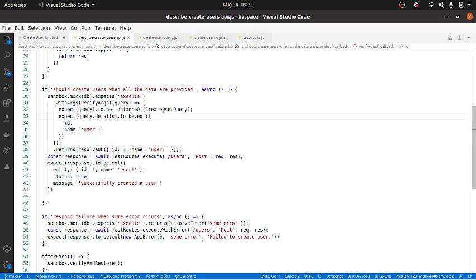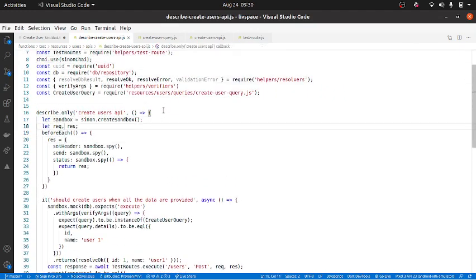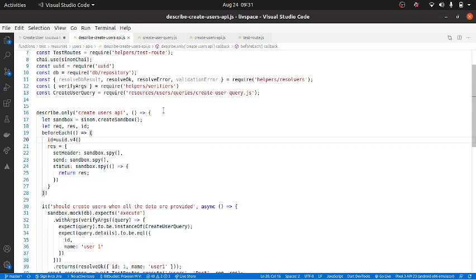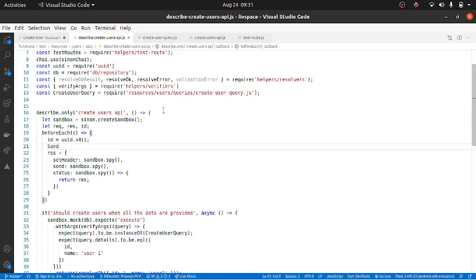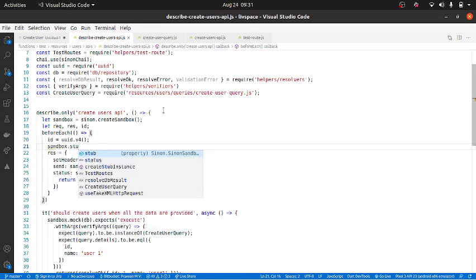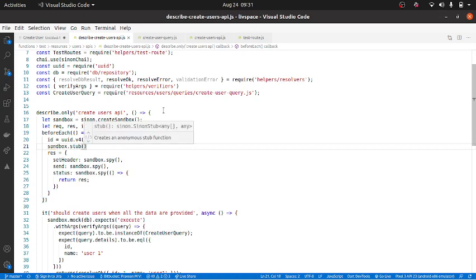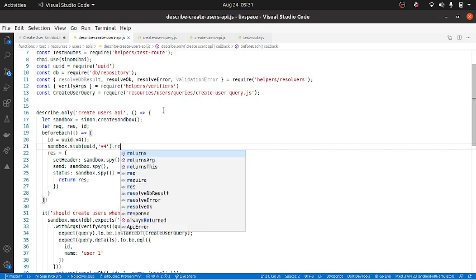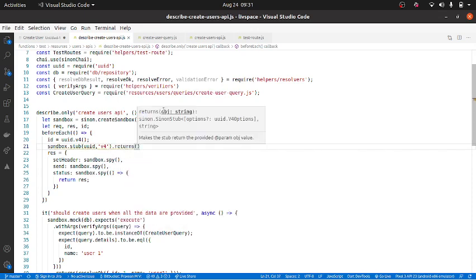And what is an ID? I will create an ID over here along with this guy's ID, and I'll basically do ID equal to uuid dot v4. We have got the ID, got it, and then we'll basically mock this one, sandbox. I'll basically stub uuid, whenever we expect v4 dot returns ID.